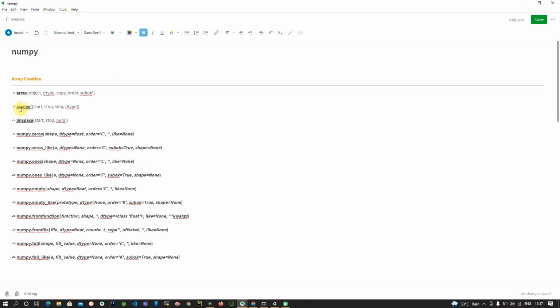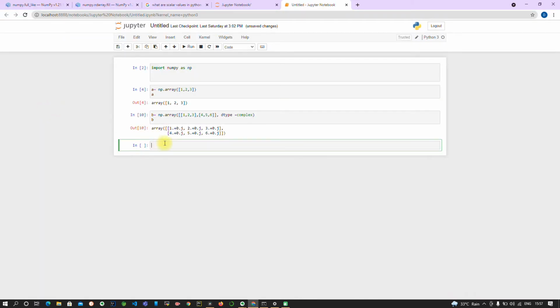Similarly, let's talk about arange. Arange, as you see here, takes a start, stop and step. Basically, if you want to get the numbers between two intervals with a particular step and data type, you can use arange. So let's use that: c equal to np dot arange. I will be using 10 and 20 as the intervals, a step of 2, and the data type should be float.